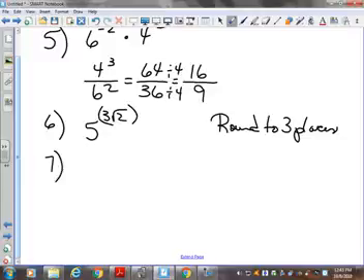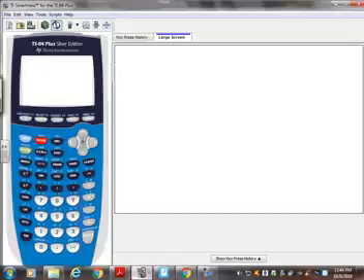Sometimes students look at things and say, wait a minute, that's a letter. So let's look at it. What if it has a letter? Two to the 3 pi. What do you think you type in your calculator for that? Yeah, exactly. If you do 2 to the caret key and it puts that box up there, put your